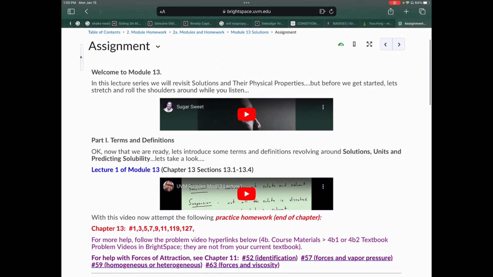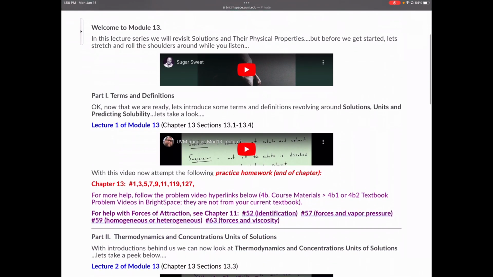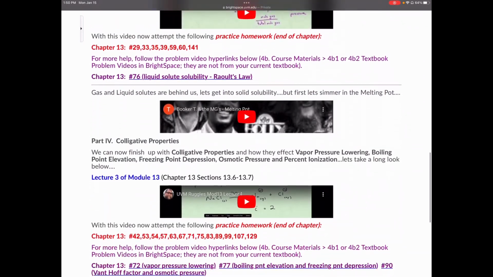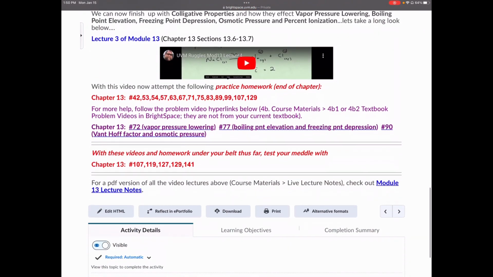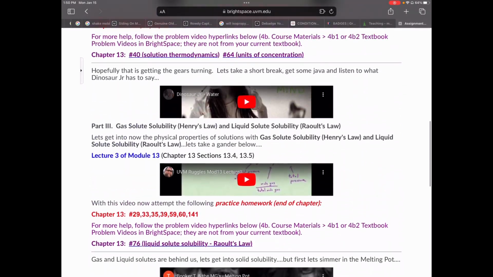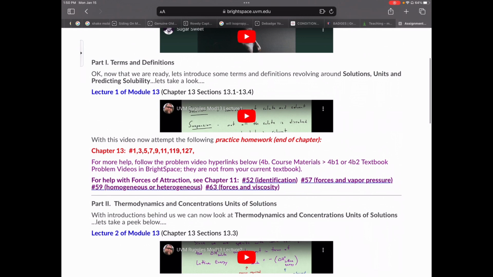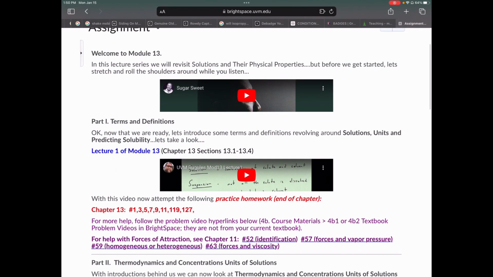So even if we look at chapter 13 or module 13, there's a lot of information here. What I will do, week to week and class to class, is break this down for you as the student and say, okay, this is what we're going to be doing on Monday or Tuesday, depending on our class time frame.